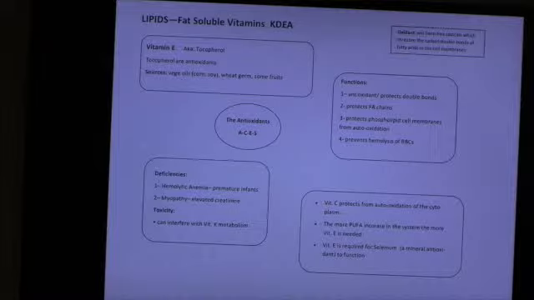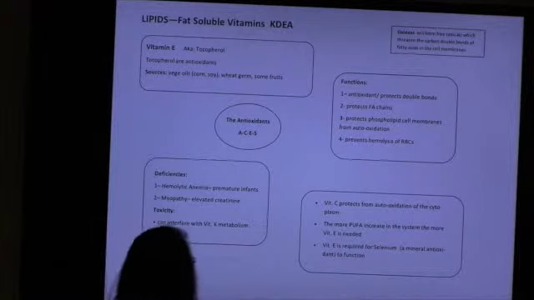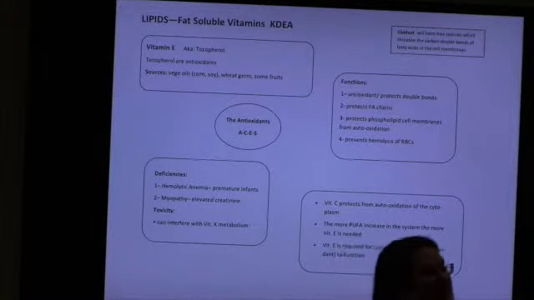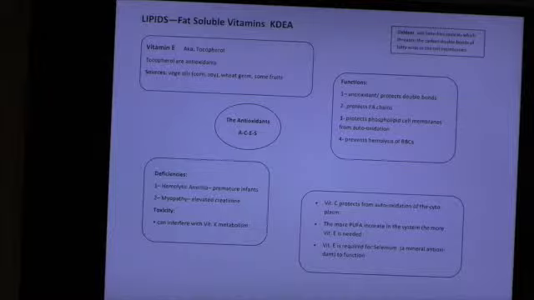Okay. Prevents hemolysis of red blood cells. And that makes sense because it's protecting the membrane, right? So, yes? Okay. Deficiency in vitamin E causes hemolytic anemia. We're protecting red blood cells and we have a deficiency. What happens? We can have an anemia, right? Yes, so hemolytic anemia in premature infants. You can also have myopathy if you have really elevated creatinine levels.